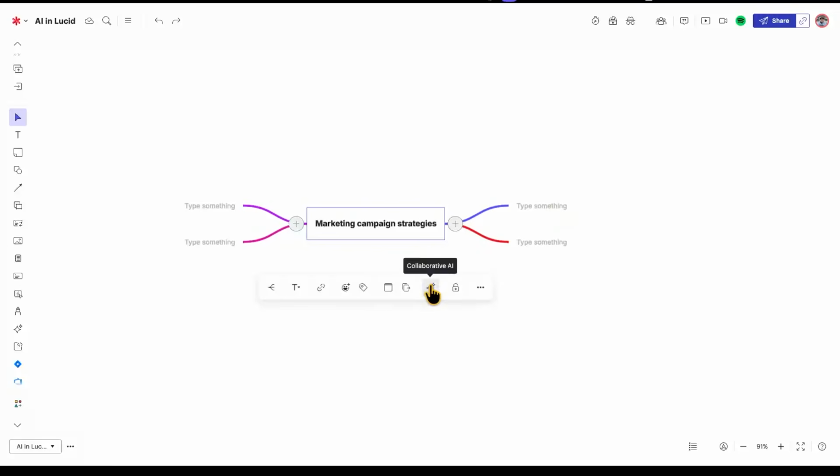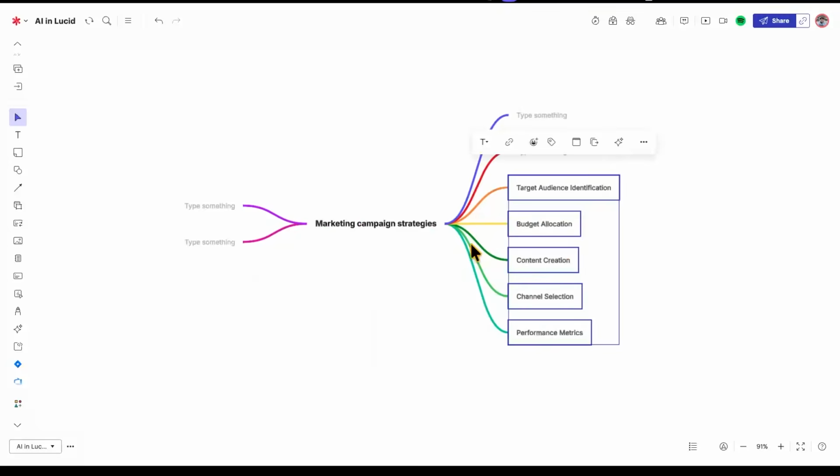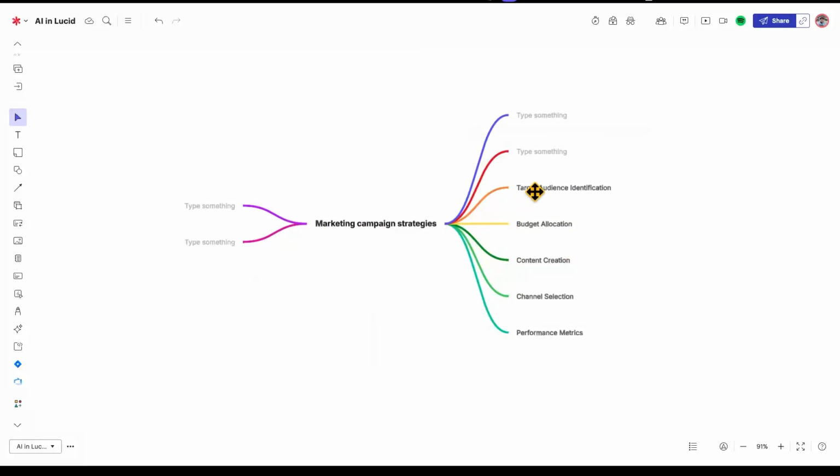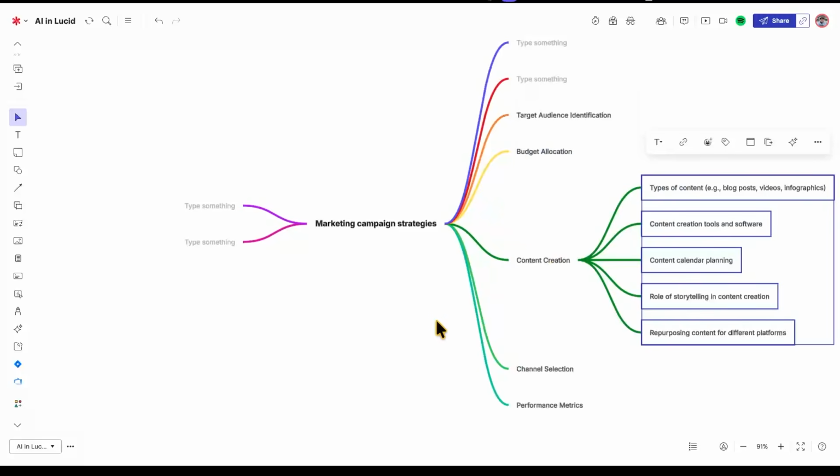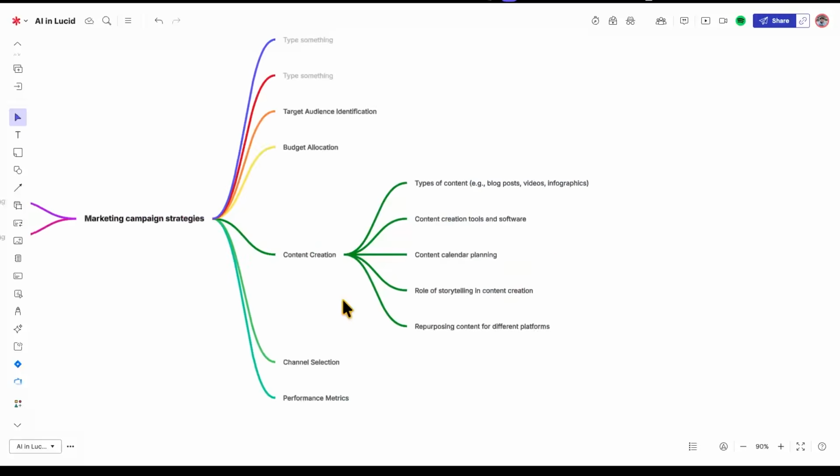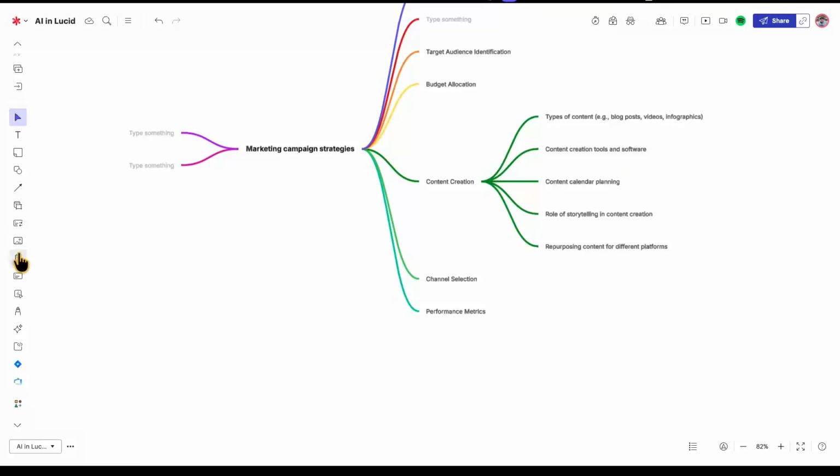If I want to expand on ideas there, I can actually just say I would like to expand on ideas with the context tool there. And it's going to add a few ideas to the right-hand side here. I can take any one of these now, content creation, and see what kind of ideas I should do with that content creation. And I can keep expanding on this, and this will work very similarly to our Lucid AI